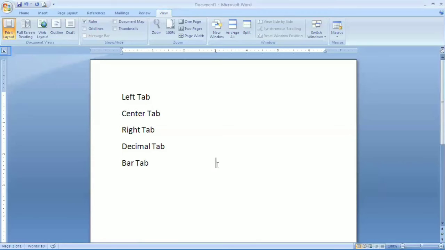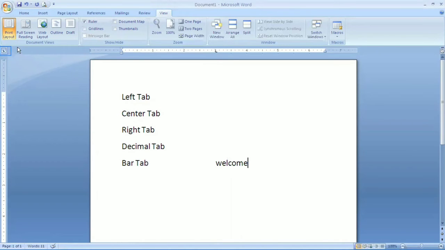So whatever I am writing here, when I take the left tab, all the text will display at the right of this tab stop. You can see here I am just clicking on it. Clear? My tab stop position is up to 3. Whatever I write is displaying at the right of this tab. Clear?